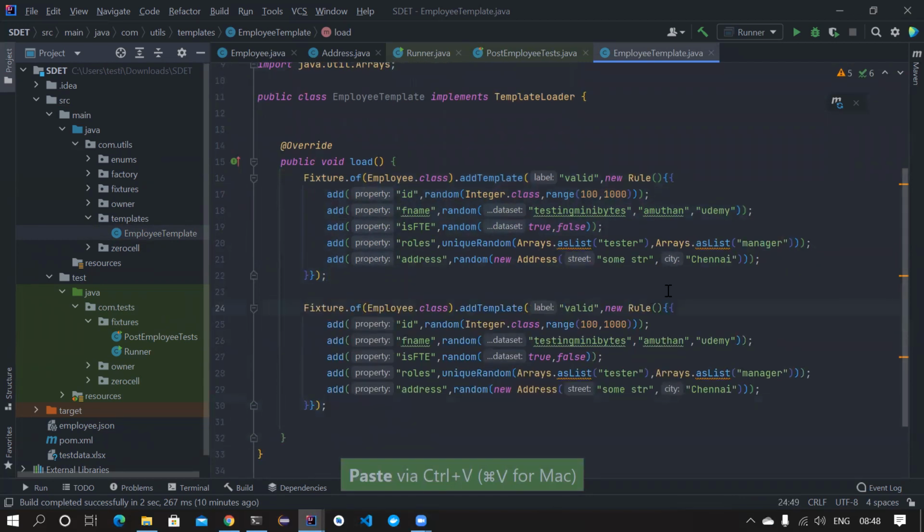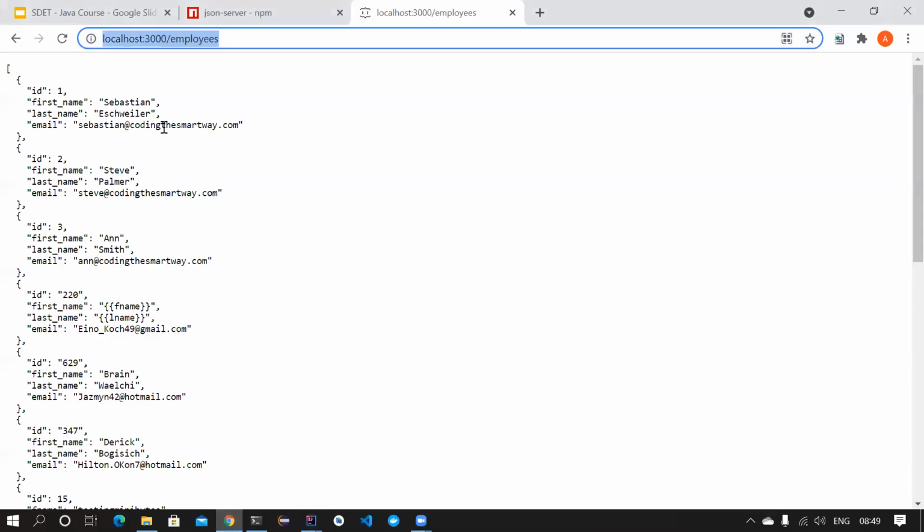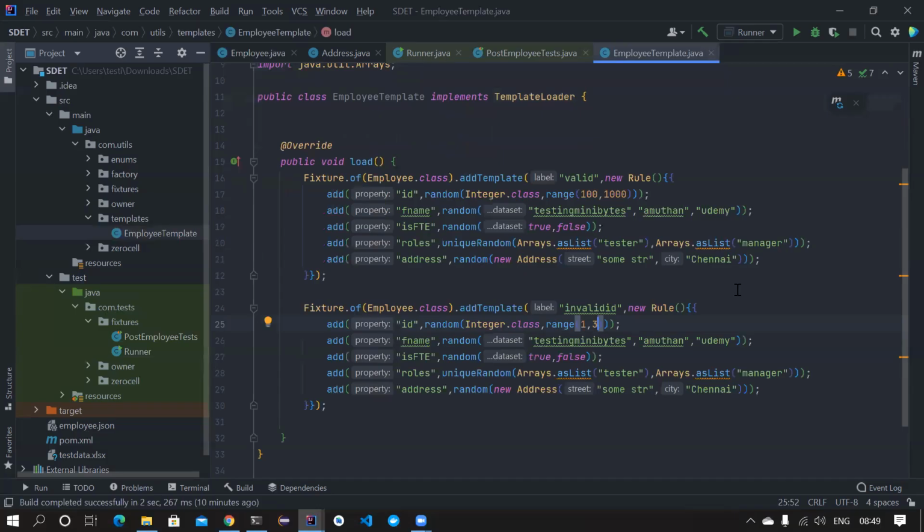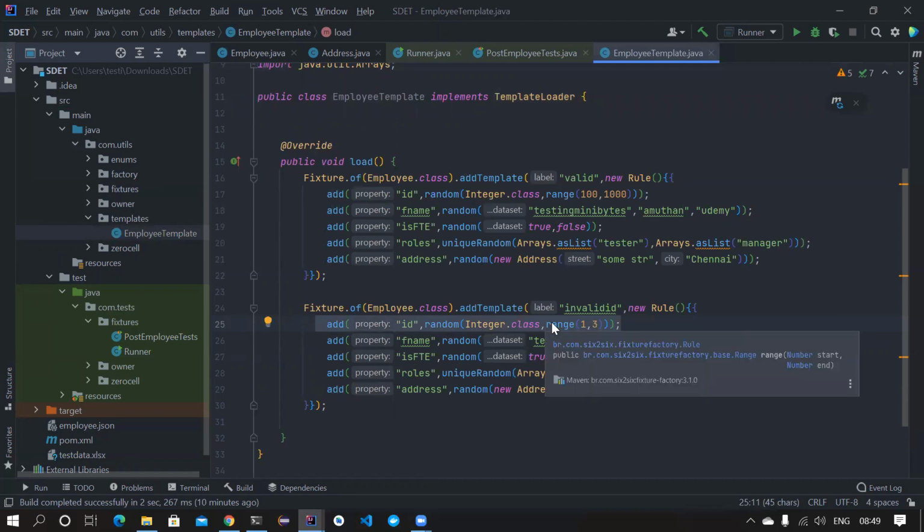This is basically invalid id, so let's name it invalidId. In the invalidId, if you generate anything from 1 to 3, it will be invalid, because this id 1 to 3 is already present. So if you generate an id from 1 to 3, it becomes an invalid template, and it will throw you a 500 error response.